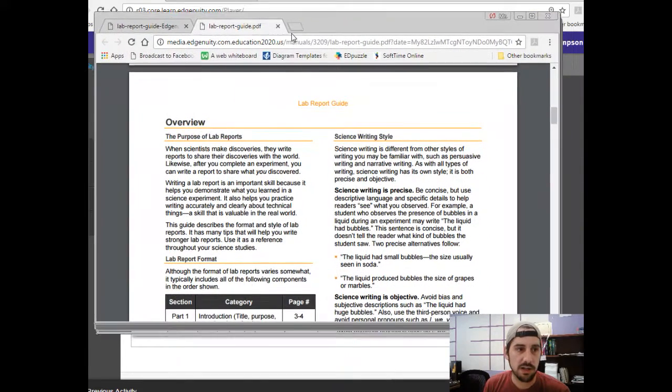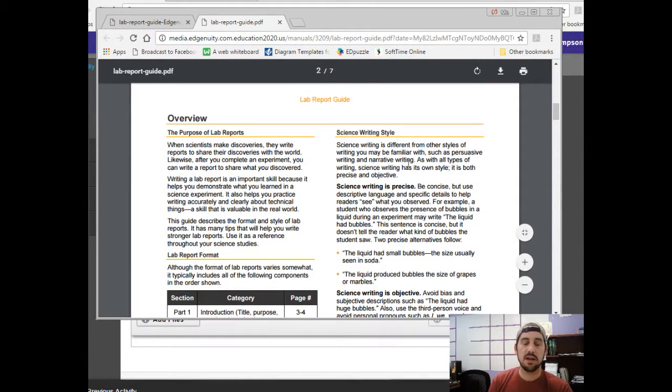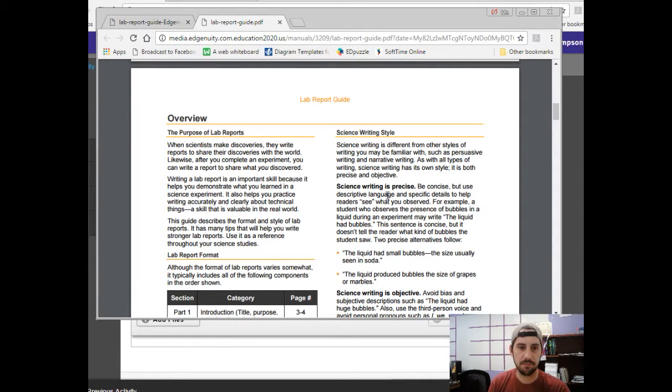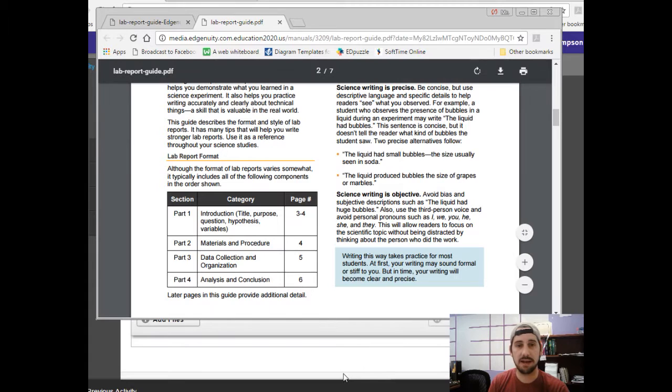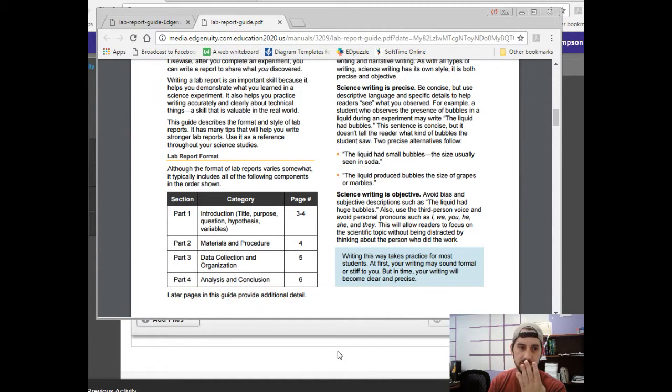The lab report guide really explains how to create and what to write in your lab report. So check it out. Every lab report has to have 4 sections, and each of these sections is listed in that lab report guide. So take a look. Part 1 includes the introduction, which includes the title, purpose, question, hypothesis,